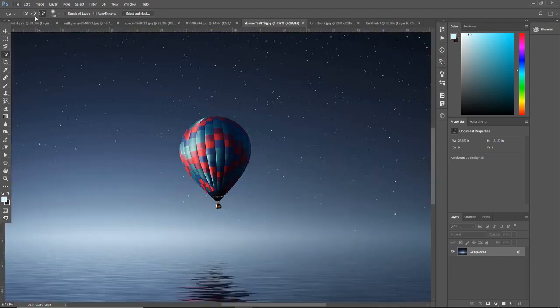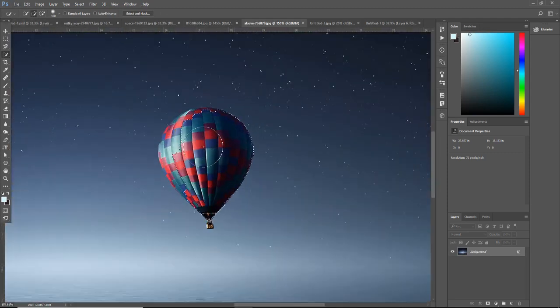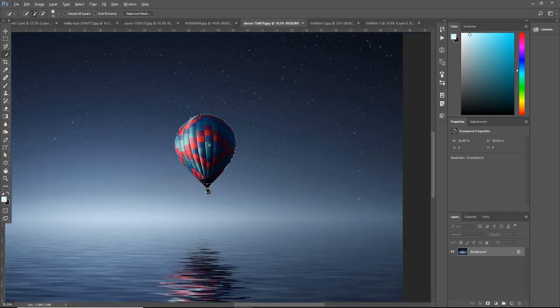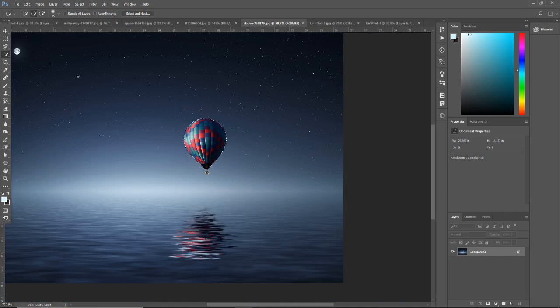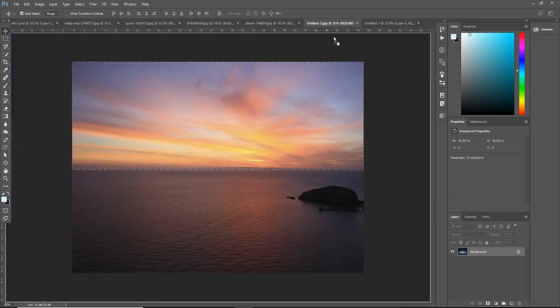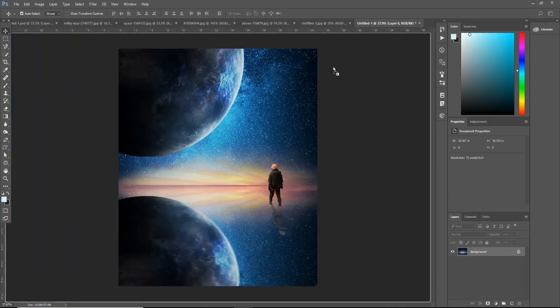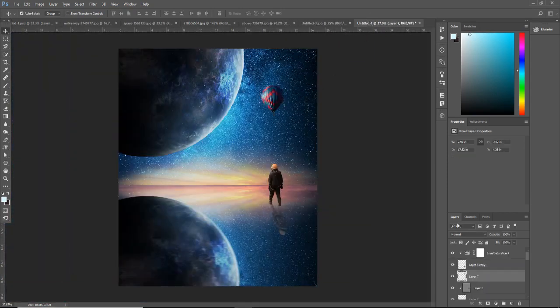So the last step is to add this balloon there. I'm gonna also select it really quickly with the quick selection tool, just make it a little bit round, this area. Yeah, that's a fair selection for this little bit of time. Just gonna grab it and place it to my document,